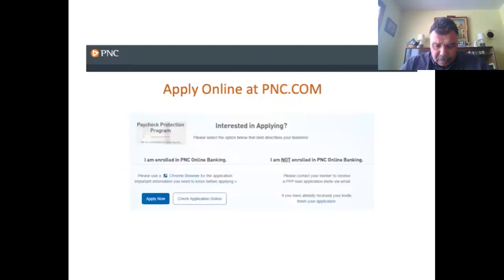Everything at PNC is online. You are able to go from soup to nuts. I will simply tell you that there are two principal classes. You're either already enrolled in a PNC online banking product or you're not. So you'll pick one of these two pathways. Both will get you to a PPP application. Obviously, as was shared earlier, if you're already a client of the bank, we've already cleared you through the traditional know your client processes, and we try to make it very easy. But there are a couple of things that we have found that make the application process even easier.